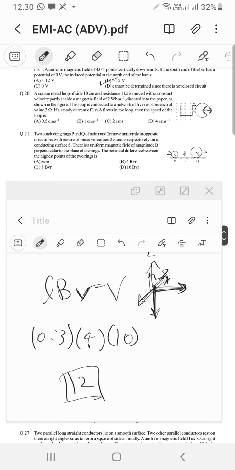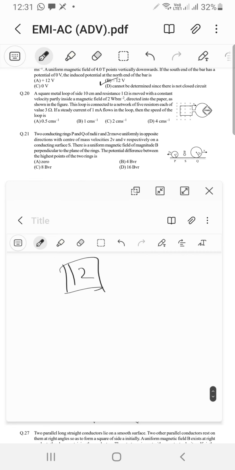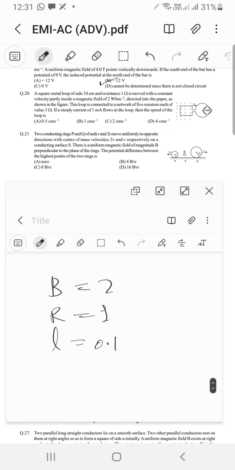Next, a square metal loop of side 10 centimeter and resistance 1 ohm is moved with a constant velocity partly inside a magnetic field. So our magnetic field is 2, resistance is 1, side, call this L, is 0.1. A loop is connected to a network of 5 resistors, each of R not, R is 3. Facility current of 1 milliamp, so 10 power negative 3, closing the loop. Then the speed of the loop is,